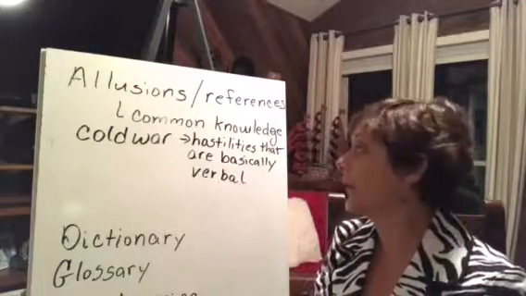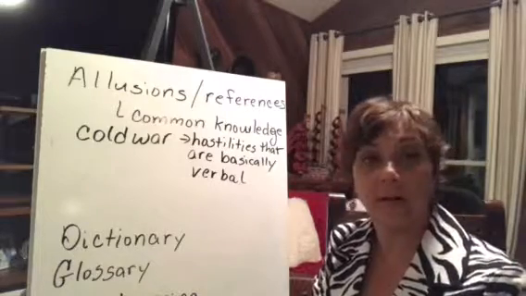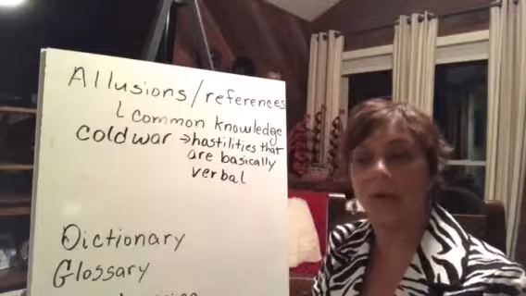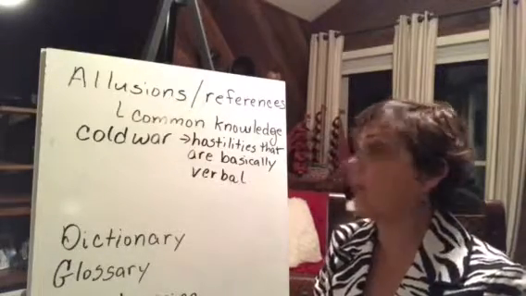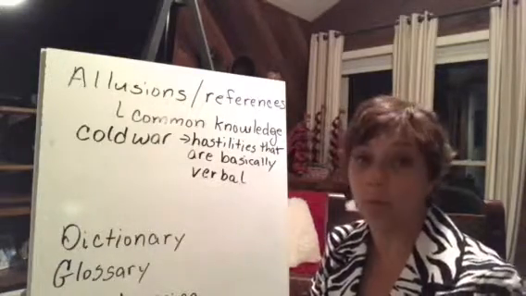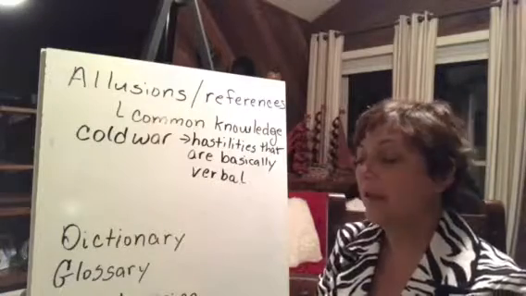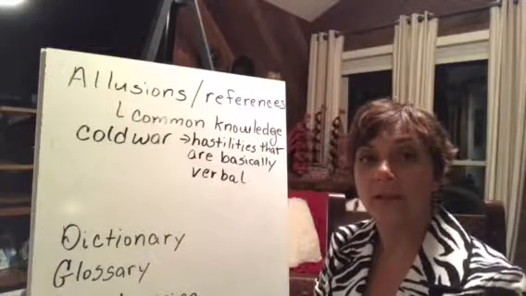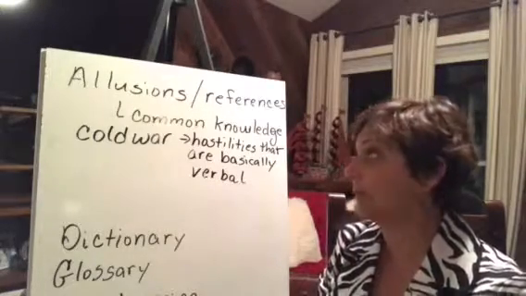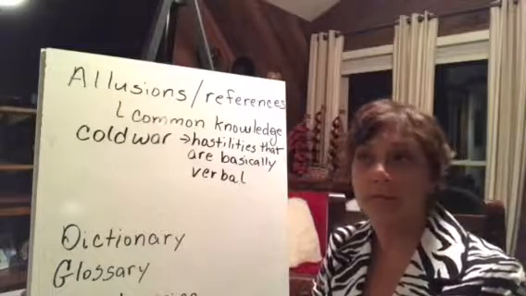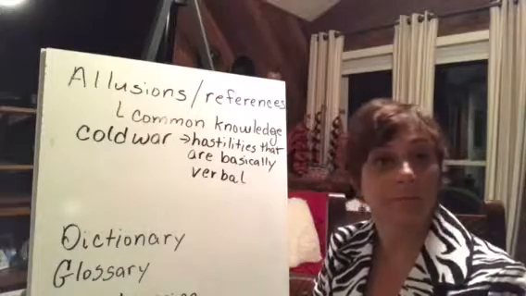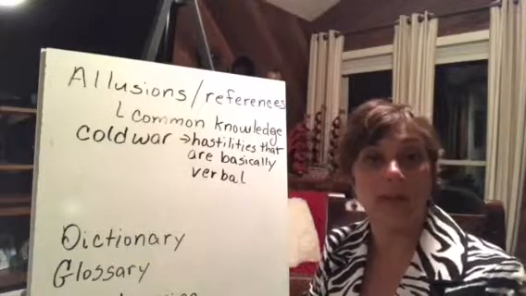A Cold War typically means hostilities that are basically verbal, and if you're old enough, you would remember that the United States and Russia used to have a Cold War. So they were very hostile towards each other, even though we weren't at war with each other. There are a lot of references in the book that you can go over to help you understand what allusions and references are. But it would benefit you to learn different allusions and practice them, just as you will practice vocabulary,